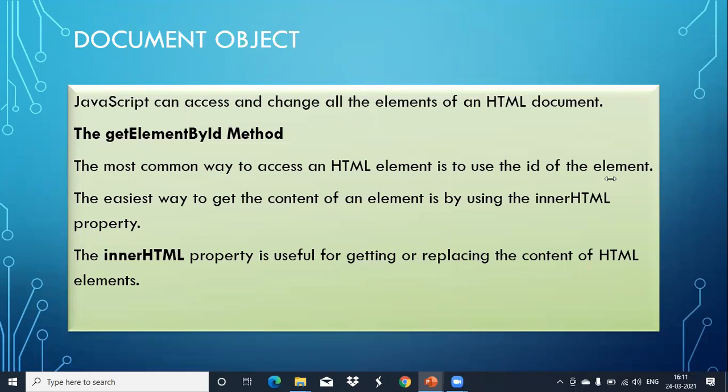Same manner, now these HTML elements we are naming using this ID attribute. So the easiest way to get the content of an element is by using the innerHTML property. So these things together we will use. To get the element by ID we are using getElementById, and to change the property of that particular element, we are using the innerHTML property. We'll see one example.